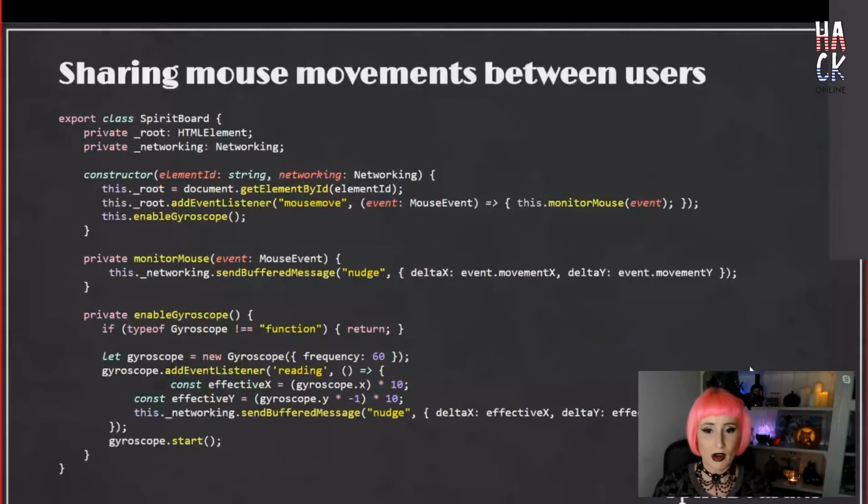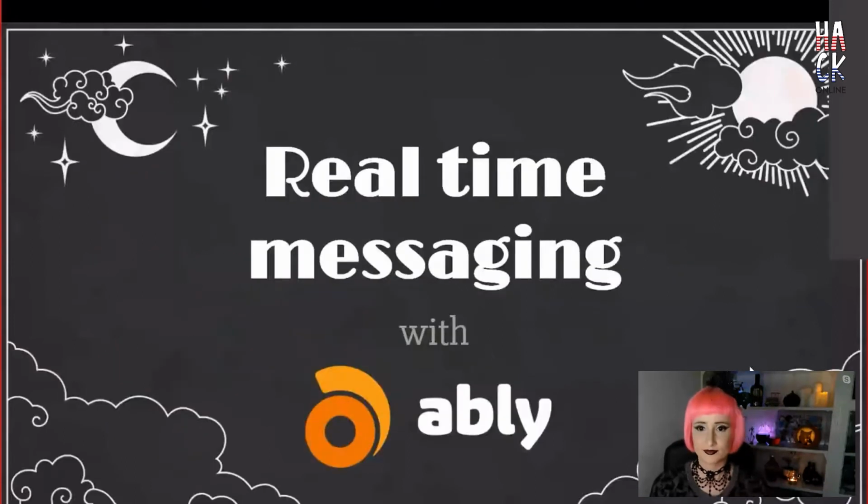So next, let's talk about how we actually are going to send that data. And the way real-time communication is often managed between browsers is with WebSockets, something I'm sure a lot of you have already had a go with. It's the protocol which allows real-time communication on the web. And WebSockets allow us to open a connection to send packets of data between different devices. We open a connection, we do a security handshake, and then we're able to send binary data between the computers. The connection stays open, unlike an HTTP request, so communication can actually happen in real time. We don't have to keep polling for changes.